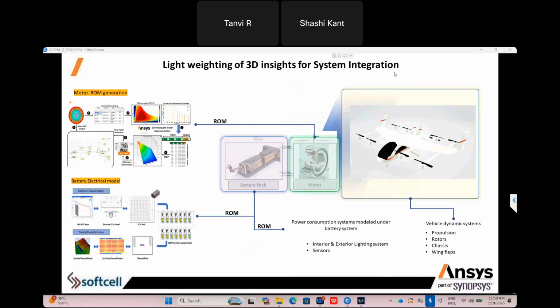And in the very early stage, I explained about optimization in terms of the structure. But here you can see we can also couple everything together. Let's suppose you want to optimize with the motor design, with the structural things, and with the aerodynamics. You can couple all of them and do a final integration for the optimizer also.